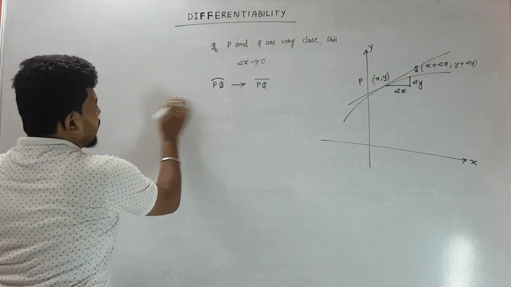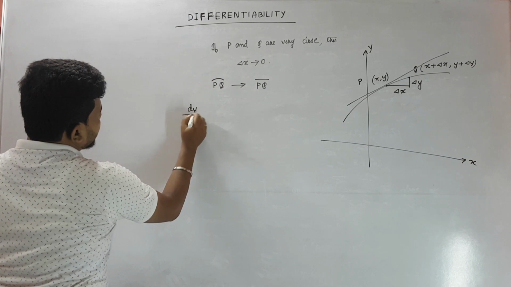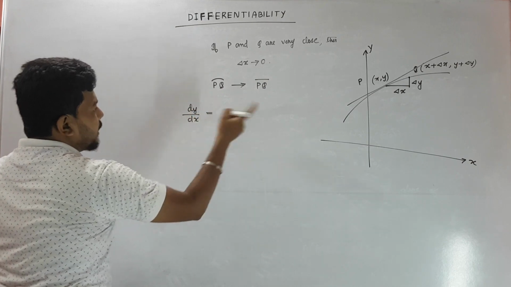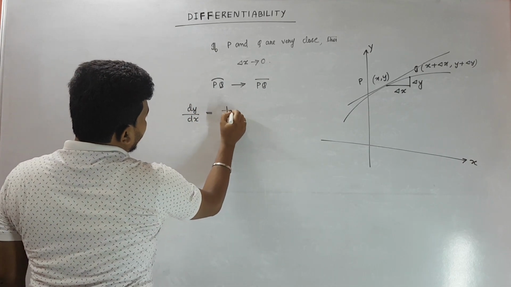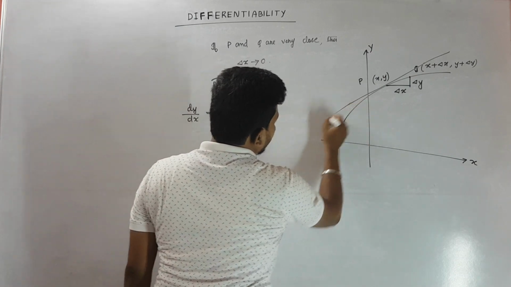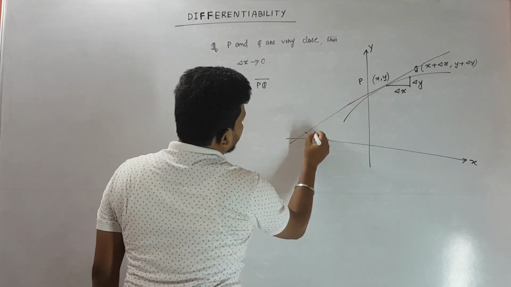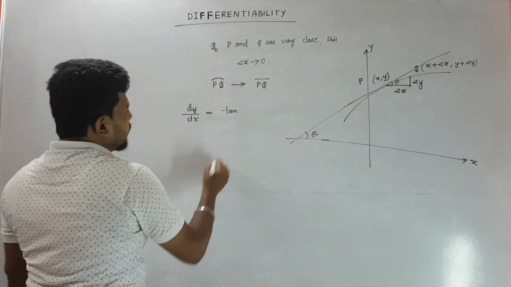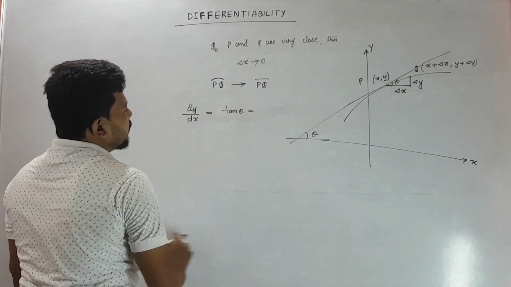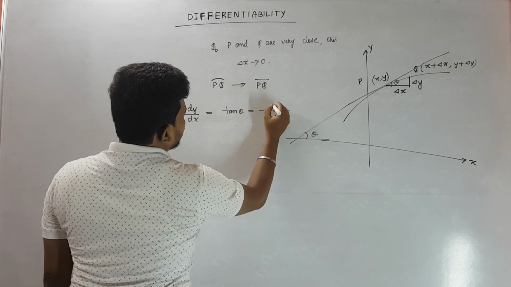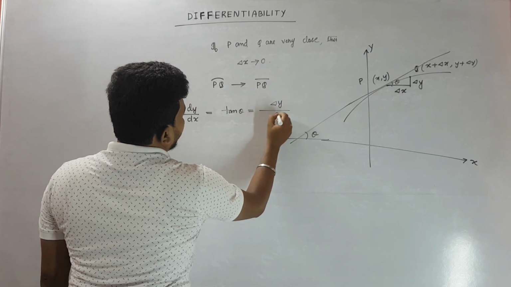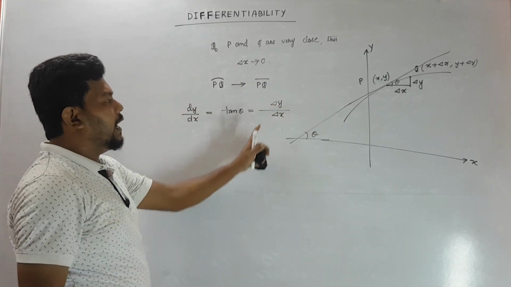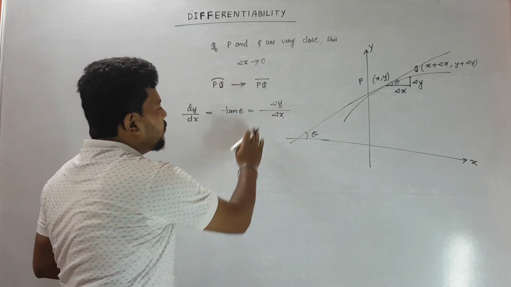So dy by dx of the tangent will be equal to tan theta. This is your theta, this is your theta, this is tan theta is equal to del y by del x, but del x is very small, so we must write